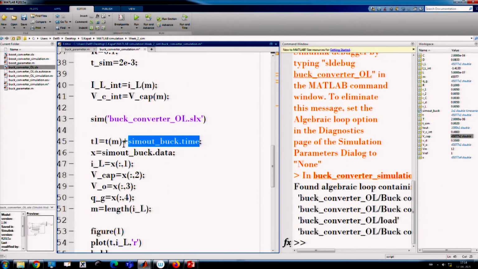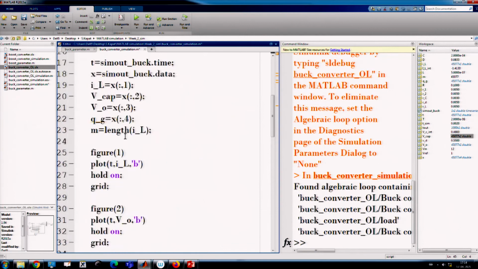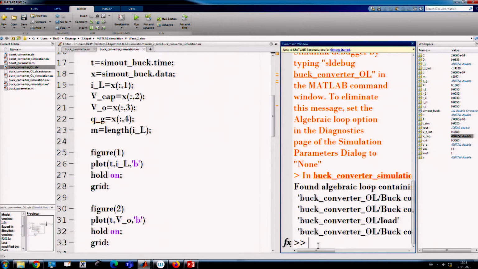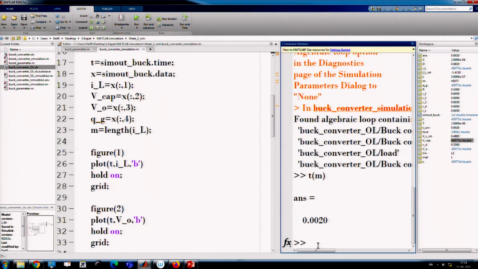And what is the offset value? That is the final time value in the previous simulation, that means T. So, if we write Tm, the final time vector, because they have been updated.